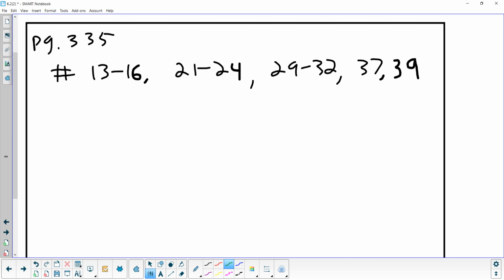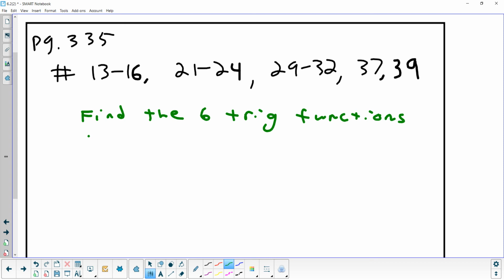And I want to just add one simple one that we did at the beginning. Find the 6 trig functions of 90 degrees. That's from the first part. All the black questions are from the second part. I think I want to give you one from the first part. Okay, so that's homework for tonight, and then we'll take a look at that